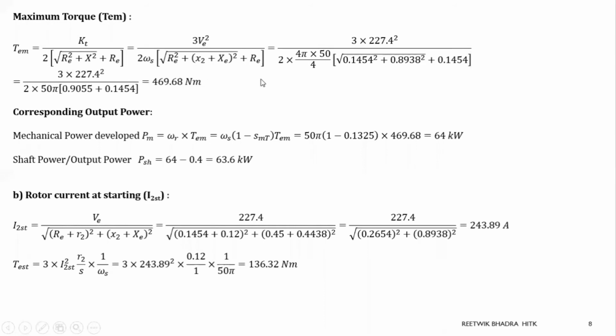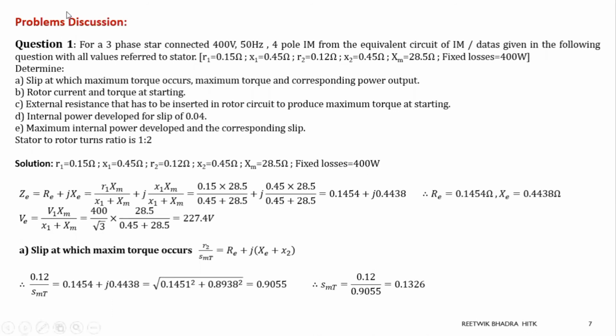So these formulas are pretty huge over here. If you substitute all these values over here, you will get 469.68. Calculation you can do, I am expecting you can do. Only how to use your equations and substituting the values I am showing you. Next you can put this in calculator and find out how much it comes. Maximum torque found out. Corresponding power output.